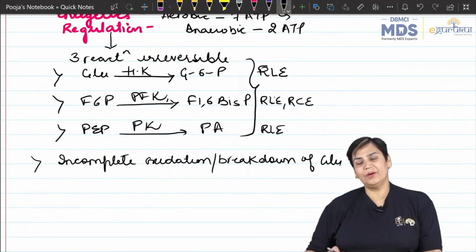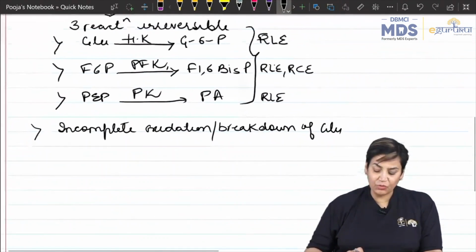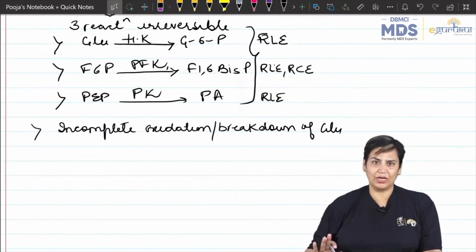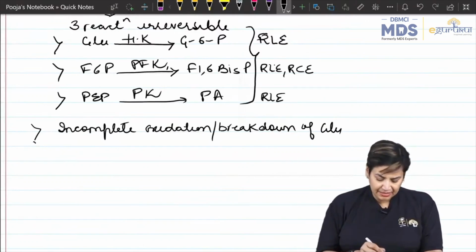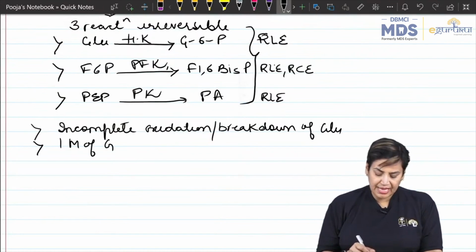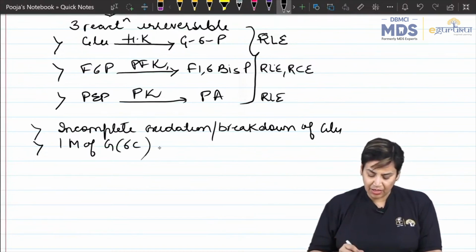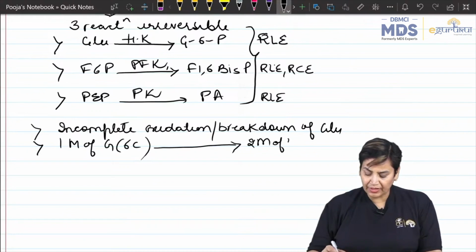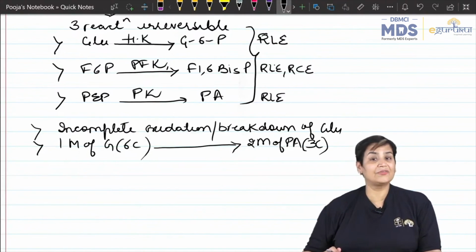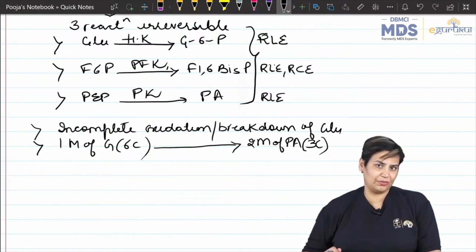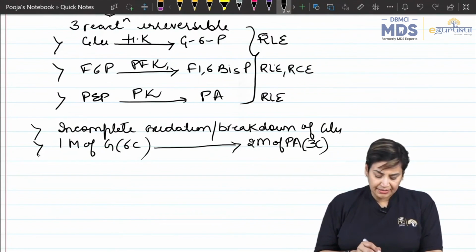It is always incomplete, which means we cannot say that one molecule of glucose is completely broken down by glycolysis. One molecule of glucose, which has 6 carbon atoms, by incomplete breakdown forms 2 molecules of pyruvic acid, which has 3 carbon atoms. That is why it is an incomplete breakdown. Right. Then the third important point is